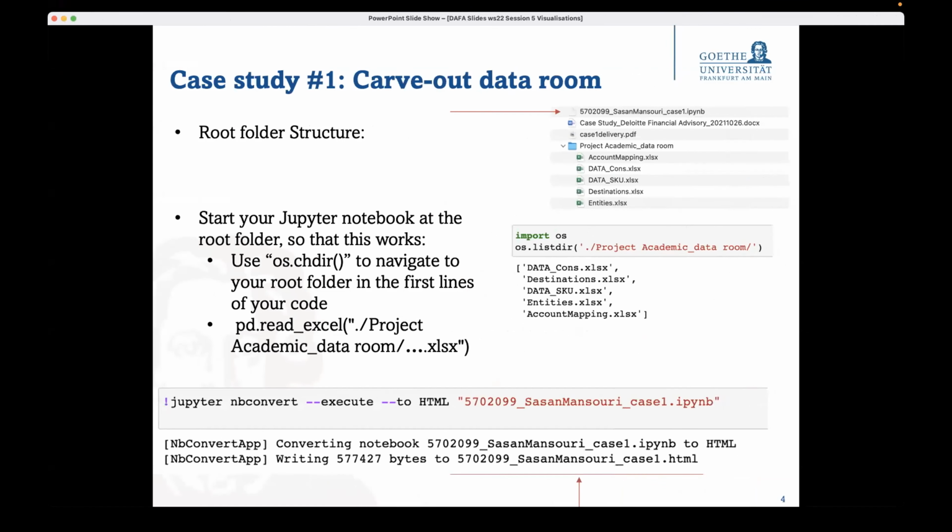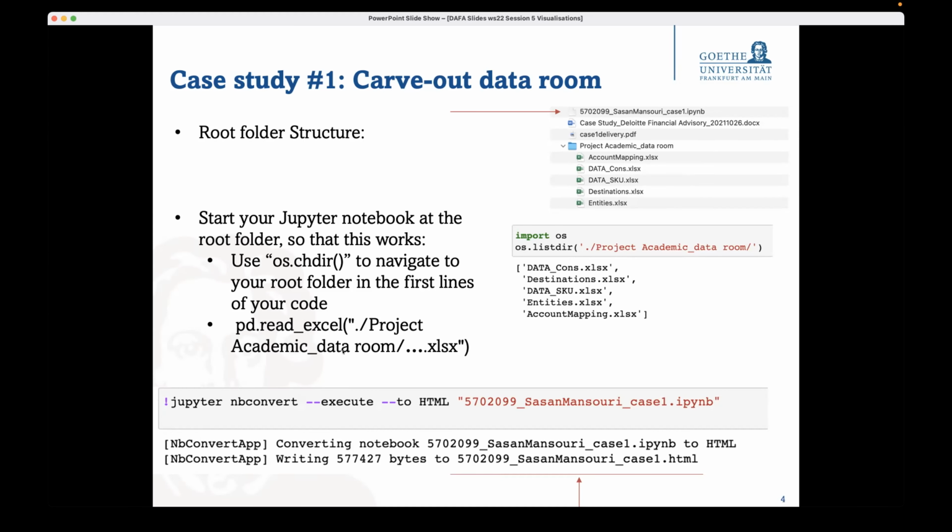And then you should be able to say OS list directory, and then the contents of this folder should appear with this command. Okay, if you are in this situation, then you are fine. Okay, then you can just go on with your notebook and solve everything. And then you should be able to read /project academic and whatever XLS file. Okay, this should be standard with all of you, and then at the end you just need to create a